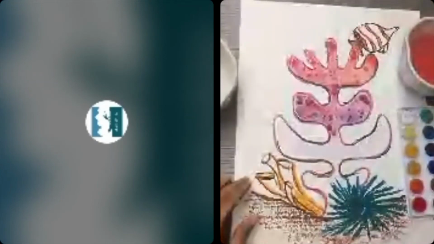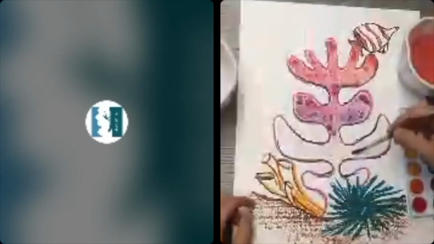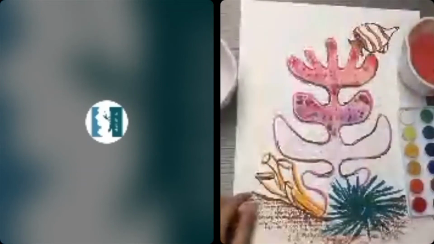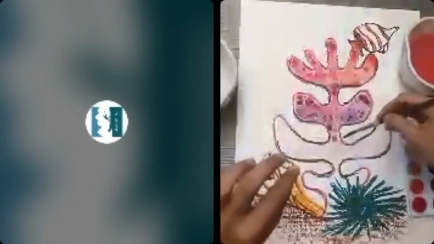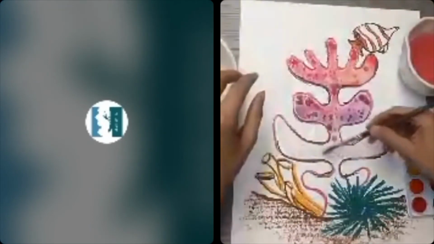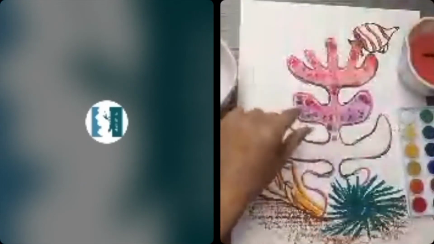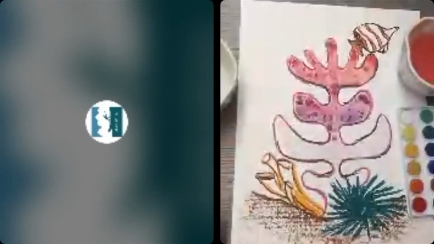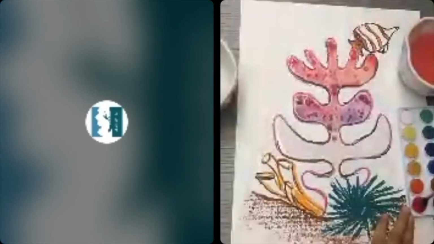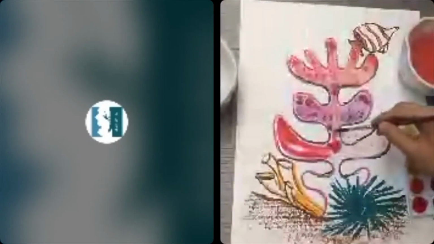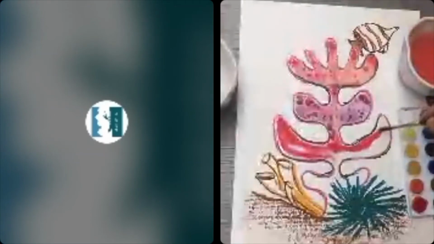So there are three techniques I've mentioned so far. The wet on wet technique, which is basically adding water first, then adding your paint color. The second technique, or the method that I mentioned, is oil pastel resist. It's also called watercolor resist sometimes, which is the fact that oil pastels and watercolors repel each other. So you can nicely create a boundary here for the paint to fit inside. And the last one is, of course, the rock salt technique. So we've got those three. Let's keep that in mind. And the applications are so many. You can use it for absolutely anything that you paint or draw. They're very versatile techniques.